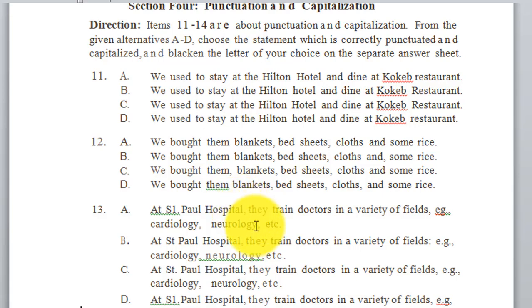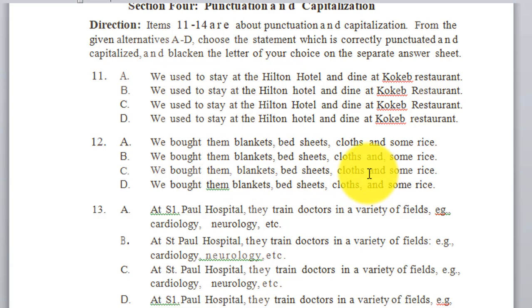We bought them blankets, bedsheets, clothes and some rice. This must be looked at critically, please. What is the mistake here? For example, we bought them blankets comma, bedsheets comma, clothes and some rice. That's right: a comma is needed between the items. No comma is needed here, that's right. We bought them just blankets, clothes and